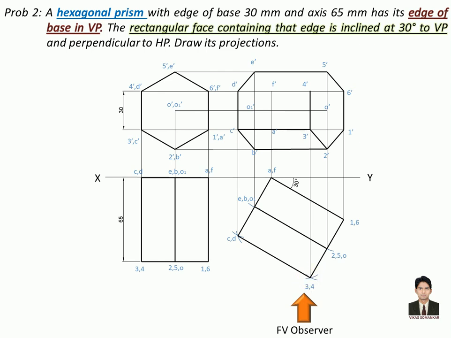Corner point 4 is also at the same distance to the observer. So all the edges passing through corner point 4 should be visible. For that we should know which are the different edges from corner point 4. Observing the true shape, you can see from point 4 we have 4 to 5, 4 to 3 and 4 to D, 3 edges. So we will draw 4' to 5', 4' to D' and 4' to 3' as visible lines. Till now we have used 2 guidelines for the completion of the projection view.